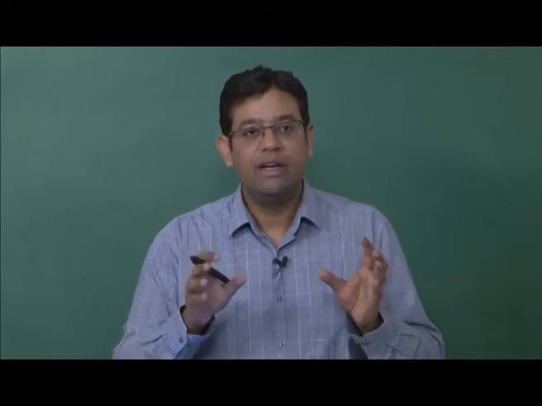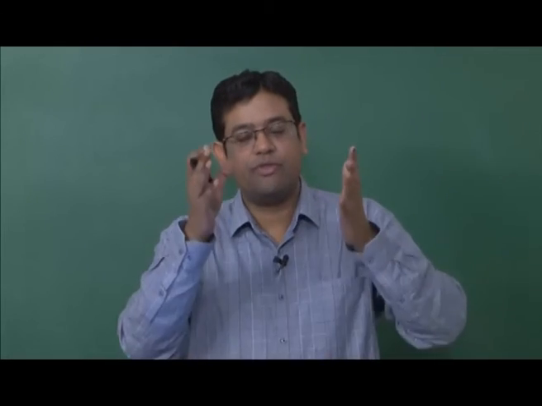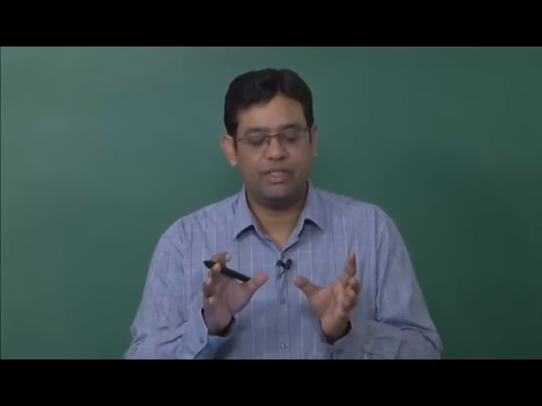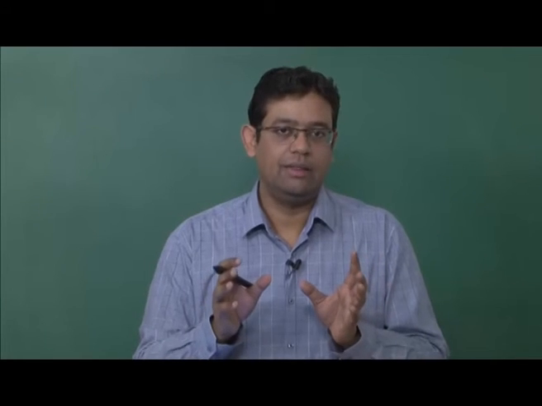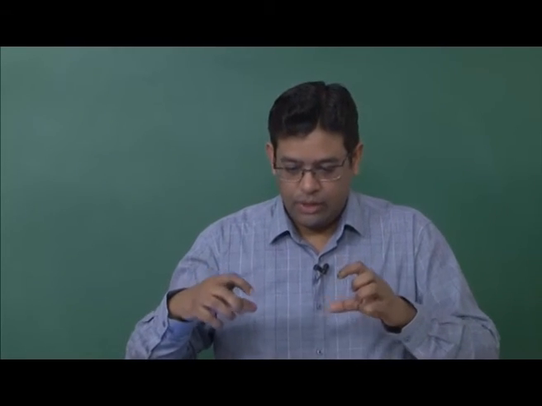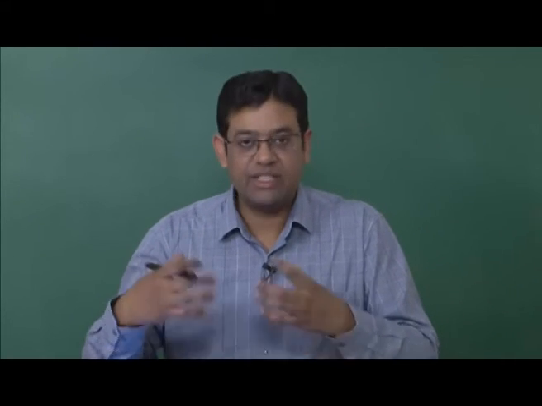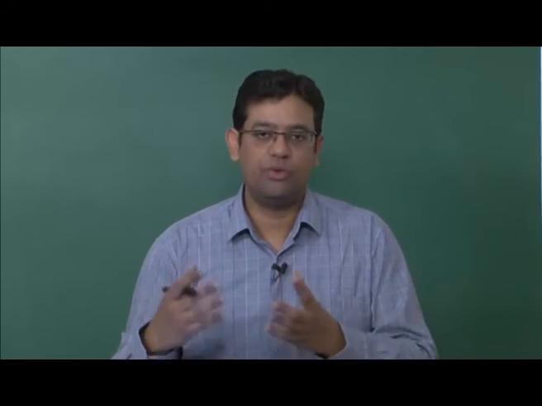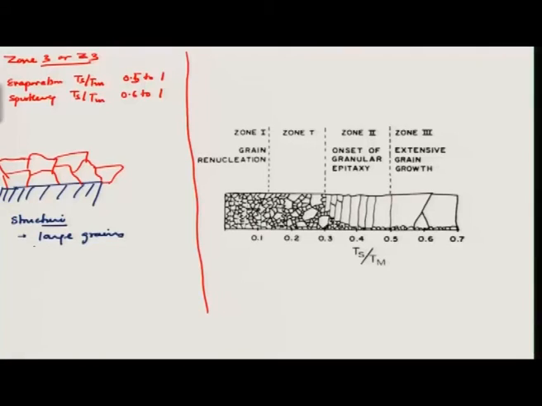It will not wait till it forms a column and then starts to surface diffuse, because it has enough energy to help the large grains with preferred orientation to grow. So, large grains with preferred orientation, a much smoother surface,